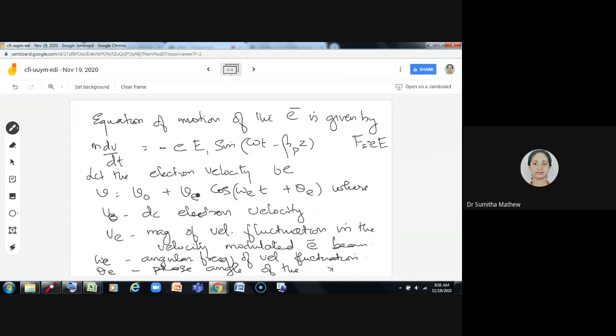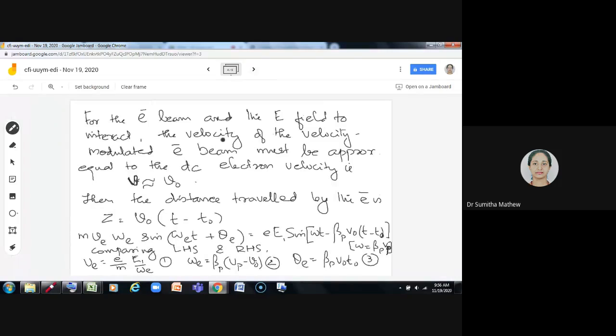So small v_e is the magnitude of velocity fluctuation in the velocity modulated electron beam. Omega_e is the angular frequency, and theta_e is the phase angle. Okay. Now, for the electron beam and the electric field to interact, that is what is happening in a TWT,